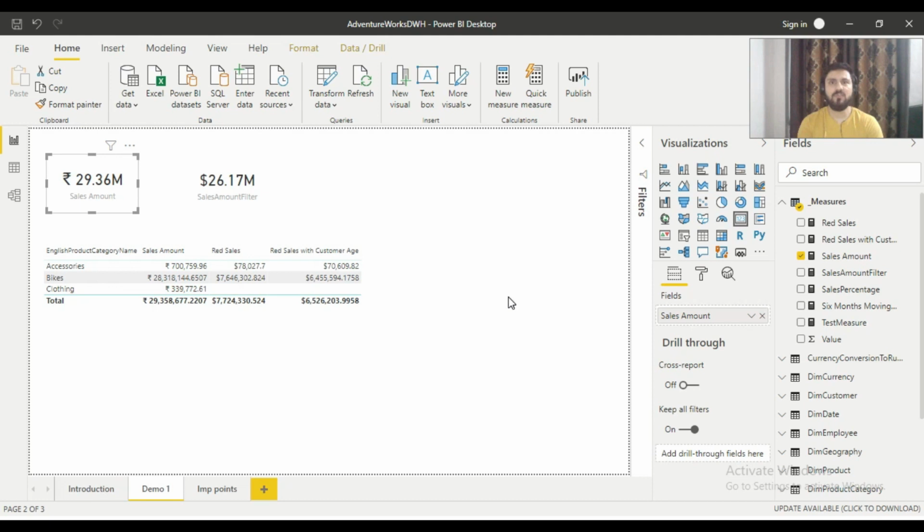As we use DAX to create a calculated column, similarly there are table functions which can help us create a calculated table. It's just like any other table inside the Power BI model, and it can be used in the same way as the other tables are being used. Another use case is that we can create a temporary table inside the code of a measure, and that temporary table will be used later on in that code to do some computations.